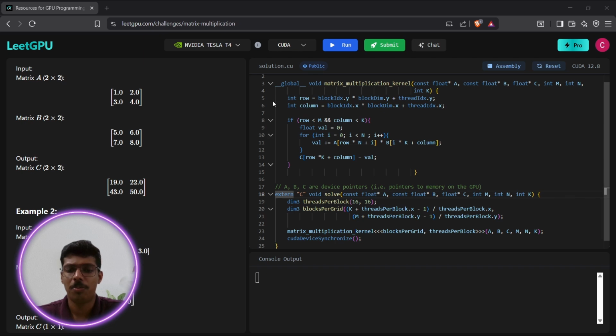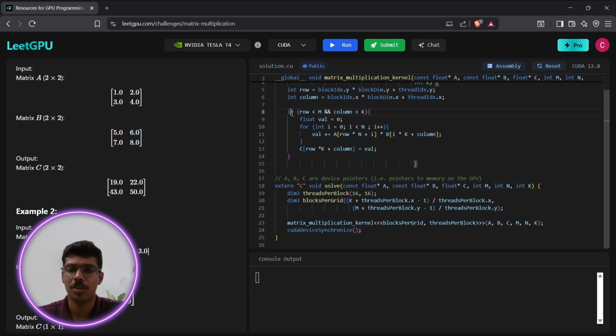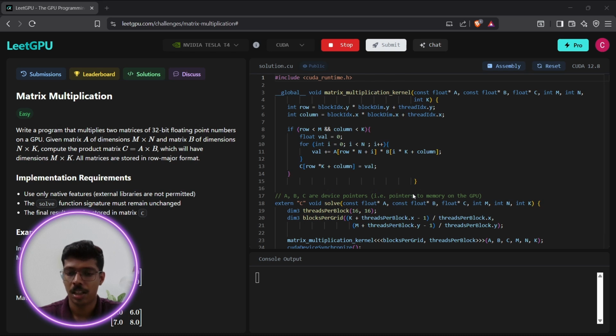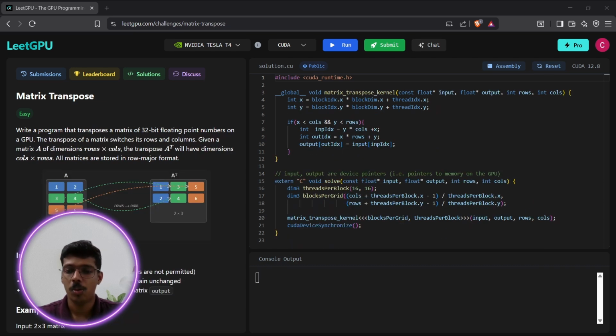While running this, you can just click the run button. After that, all you have to do is run and then submit this particular problem. I have tried it a couple of times. You will have your matrix multiplication done by this time. Yeah. Now let's switch to the second problem that we have in mind, that is